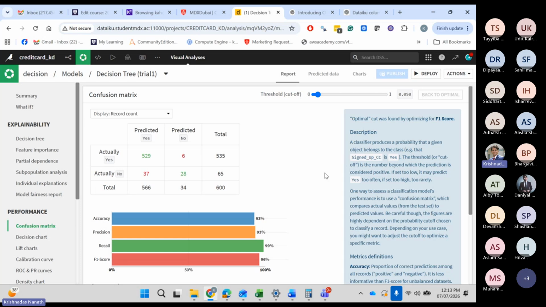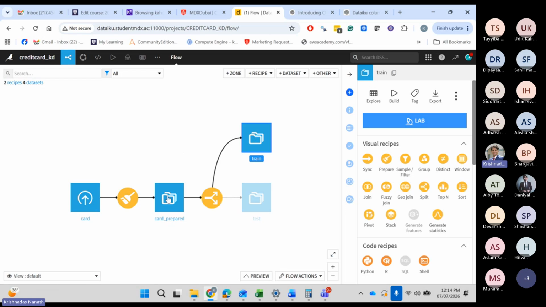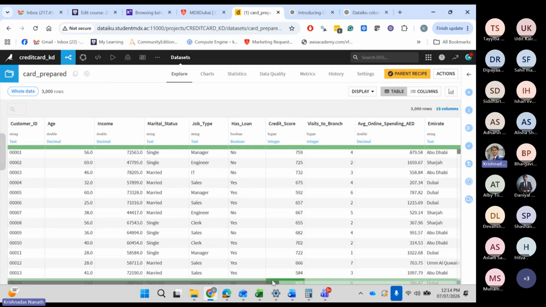In fact, what I would do, Utkarsh: when I check the data which we worked on, the no percentage is only like 10. This is exactly where I was coming to. This is exactly what I was telling. In fact, what I would do next is go back to my data and check how many are yes and how many are no in the first place. And some people get too curious. They say, look, this is heavily biased data towards yes already. Can I make a smaller sample of this data? So let's assume the percentage you said is no, 10.5. Okay, let's see the actual number. Let's go back to the flow. Let's see card prepared and let's see the last column.